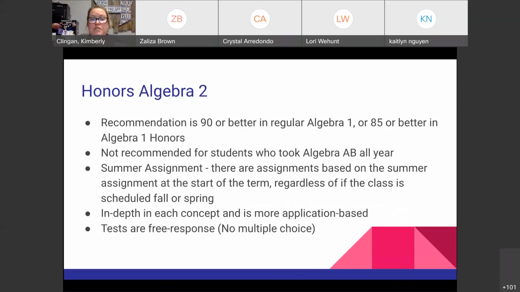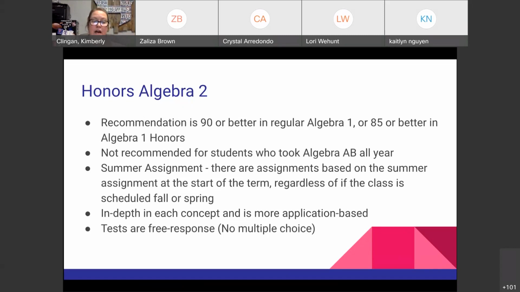For honors algebra 2, the recommendation is that students had a 90 or better in algebra 1 or algebra 1 honors, and it is not recommended for students who took algebra AB all year. There is a summer assignment that is not posted yet. It will be posted on the summer assignments page on the main website, not on the counseling page, but on the main website for